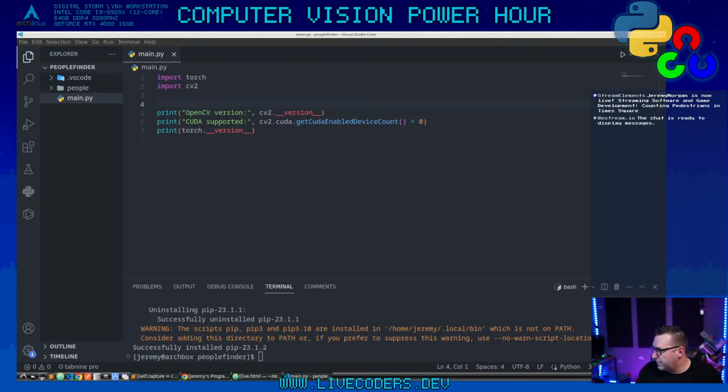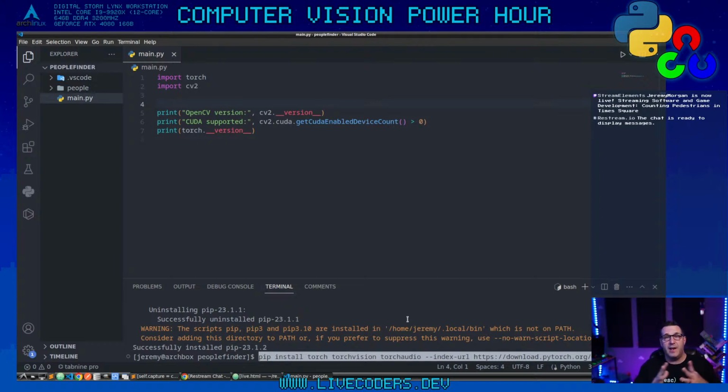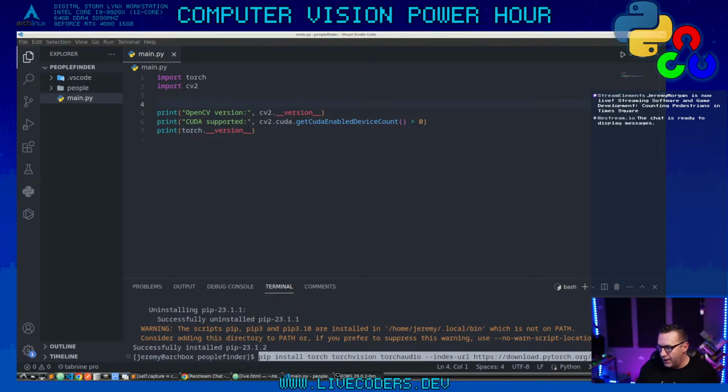So I'm going to jump over here and grab a command to install PyTorch with CUDA 11.8. So we're doing pip install torch, torchvision, torchaudio. These are the libraries that we need to do this with PyTorch. However, in order to use CUDA, which will use my video card, of course, we need to, and I'm going to